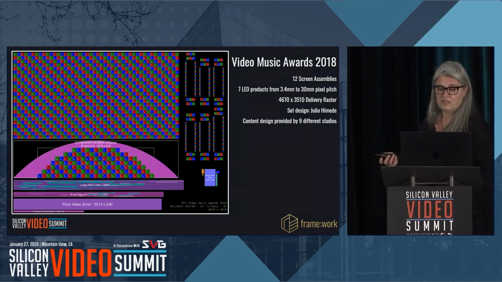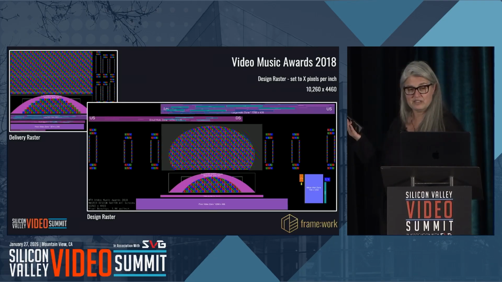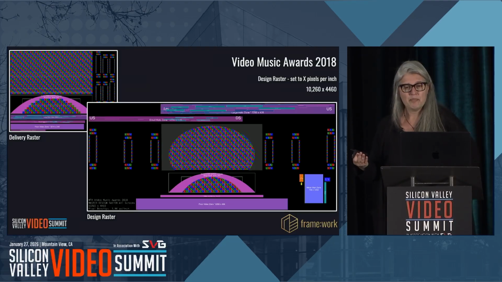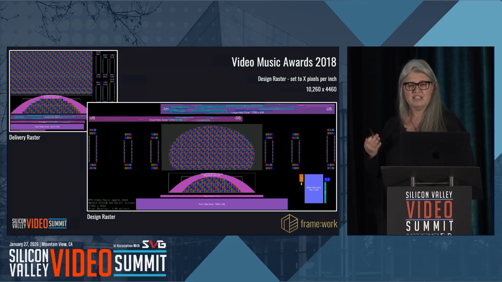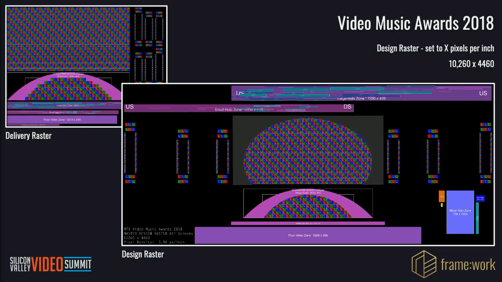So how does the creative team design for the pixels packed inside this box? I give you the design raster. This is a separate document. It's an unwrap of the scenic screens so the content team can think in surfaces, staging intent, and negative space. This particular design raster for the